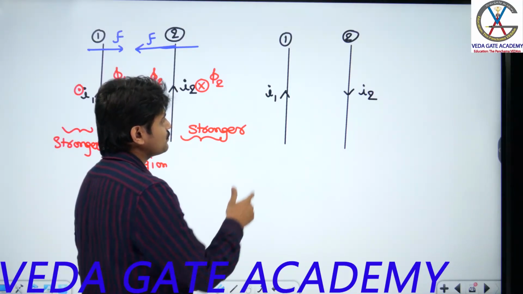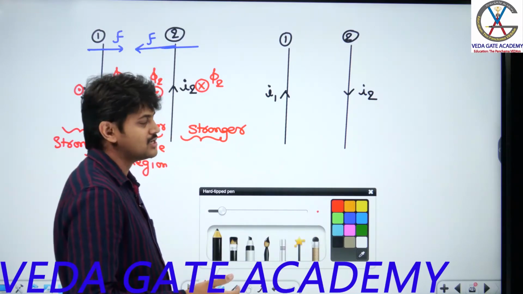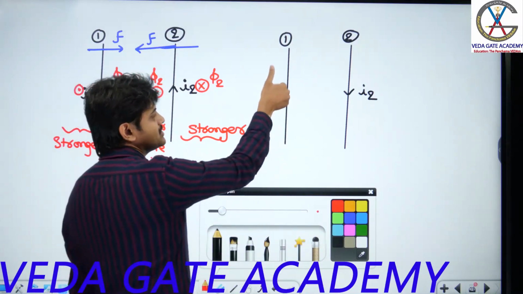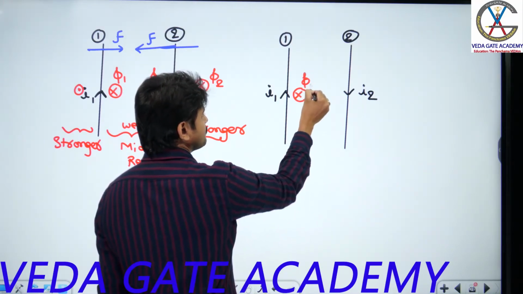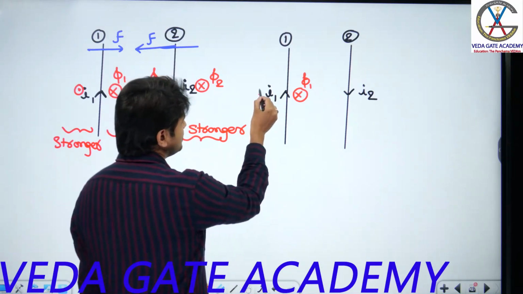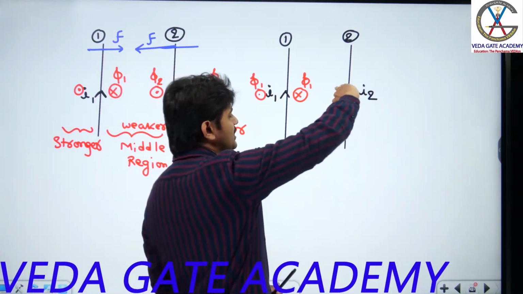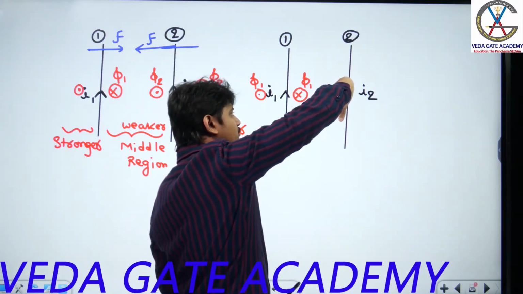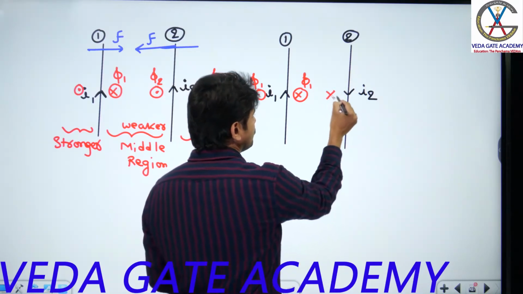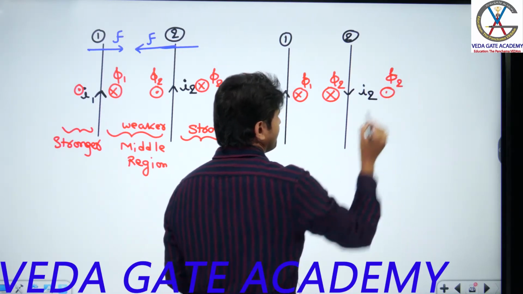Here my current is flowing in the upward direction. The moment the current is flowing in the upward direction, the right hand thumb rule comes into the picture. So my thumb is in the upward direction, and my four fingers are entering into the plane here. So flux phi1 is into the plane here and obviously out of the plane on the other side. Again, in conductor 2 the current is in the downward direction, my thumb is showing downward. So in this region my four fingers are into the plane. So the flux phi2 will be into the plane here and out of the plane on the other side.